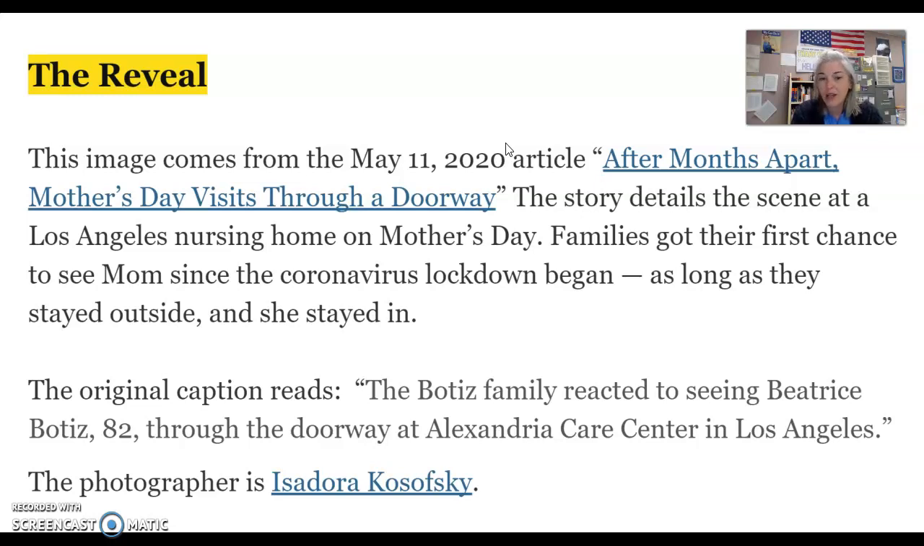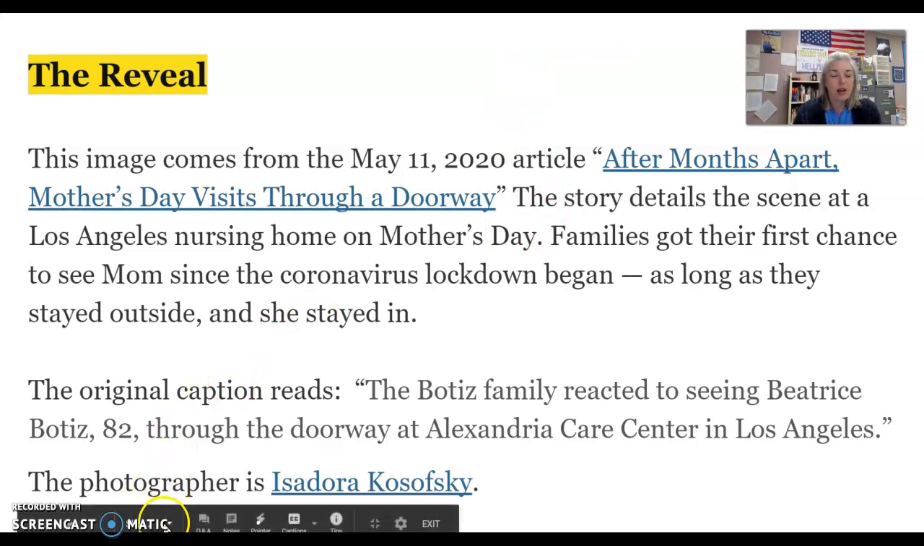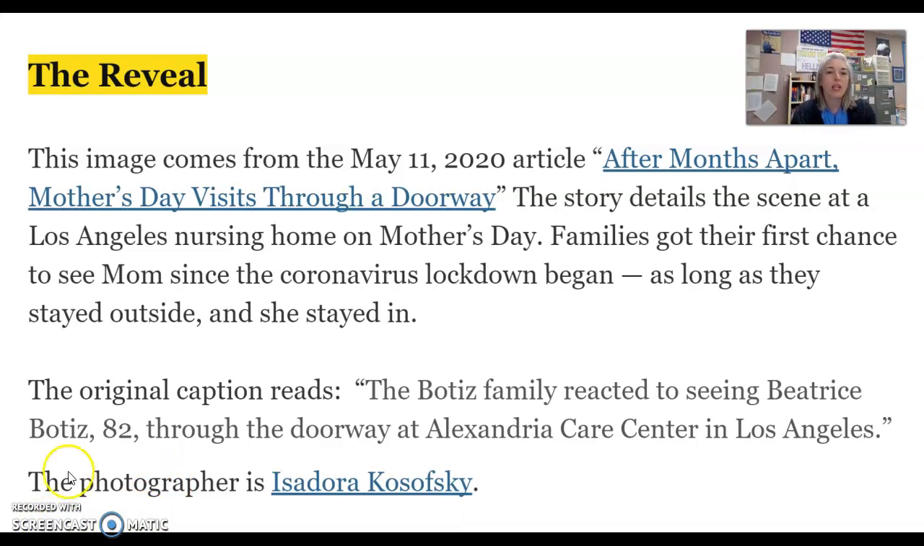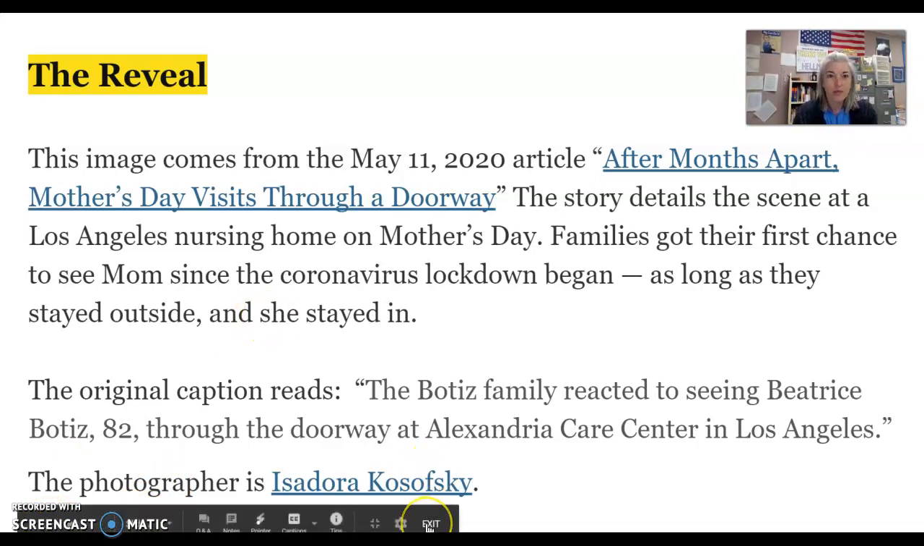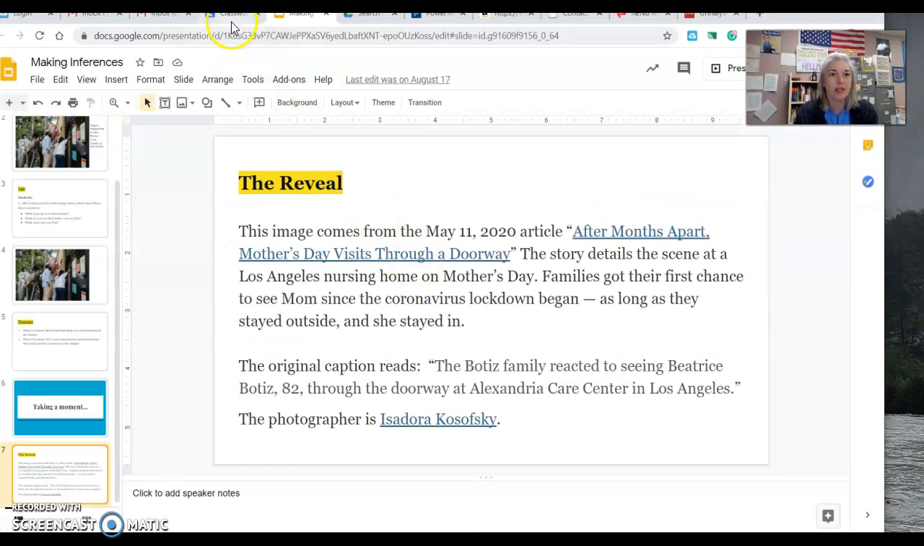Okay, so it is family visiting a mom who's been in lockdown in a senior living situation, a nursing home. And the photographer is Isadora Kozovsky. All right, so that was what we did as a whole group in class. And then we talked about the Google Classroom assignment,